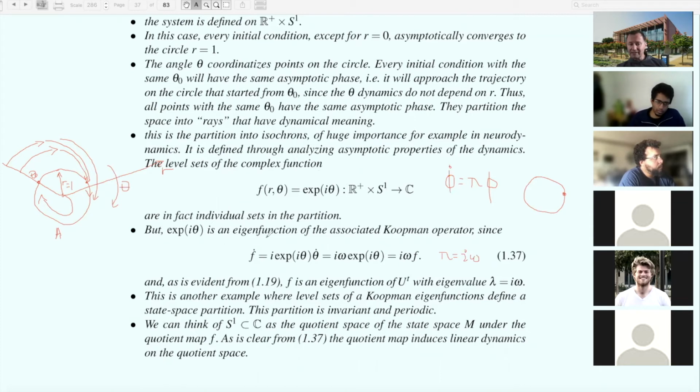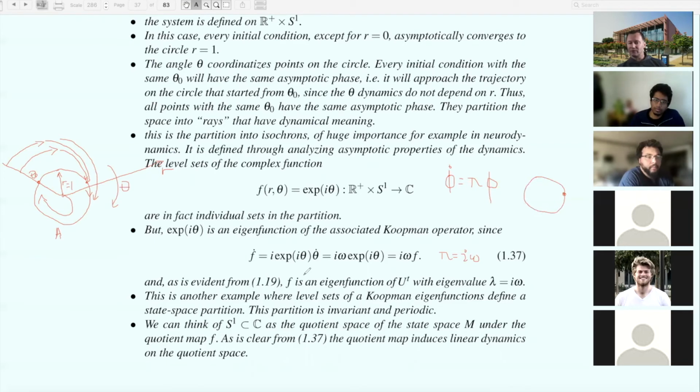They are the level sets of a Koopman eigenfunction. I'll show you that this is completely general towards the end of this lecture, or maybe if we spill over to the next lecture. Anytime you find a Koopman eigenfunction, you're going to find a partition. And therefore, Koopman eigenfunctions give you geometry of the dynamical system, not in the sense of trajectories, although that's possible